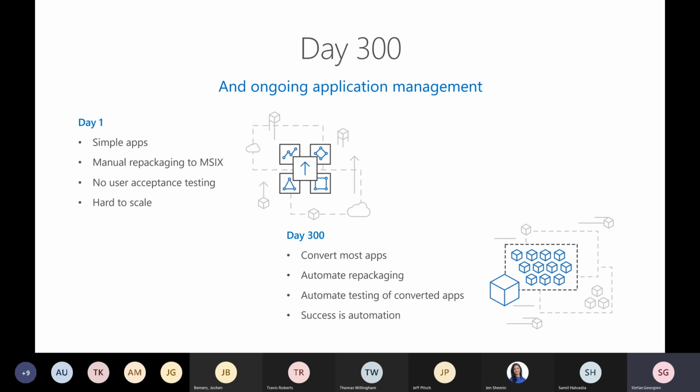Then you figure out, oops, a new version of the application has shown up. Now I have to go through the same repackaging. You want to automate the repackaging, and as soon as you automate repackaging, you want to automate the testing of the converted apps. In AVD in general,